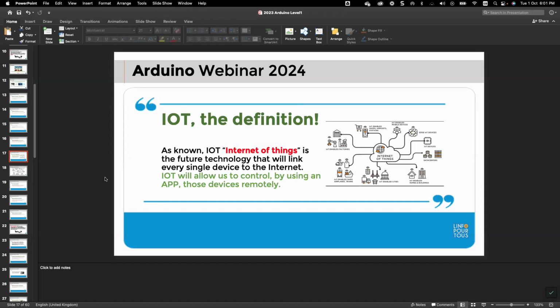The Internet of Things is the future technology that will link every single device to the internet.